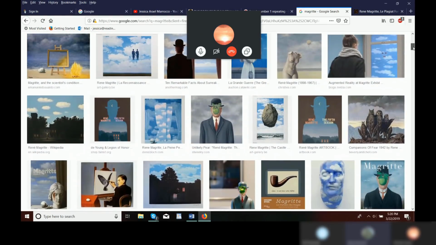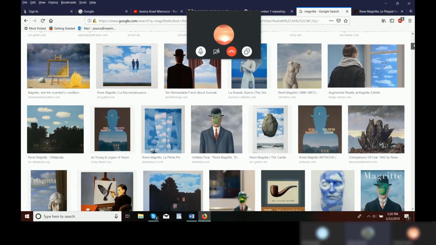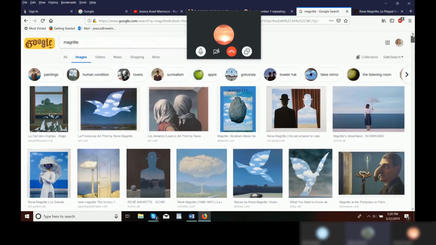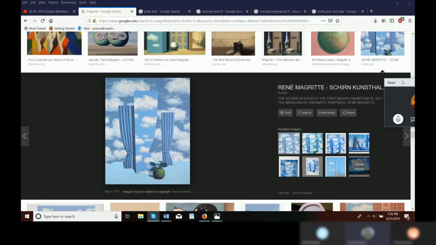But anyhow, maybe enough of this, and then I will show some of the images that I have at home that kind of add to some of this illusionary effect that he had. I wanted to show a few things that started to stand out to me. I was reflecting on the idea of being introduced to Magritte's work through some of our discussions, Chris, and seeing that there was some strange things happening,